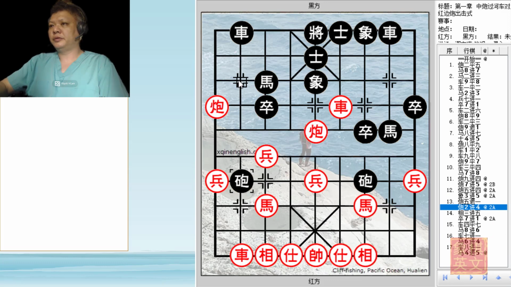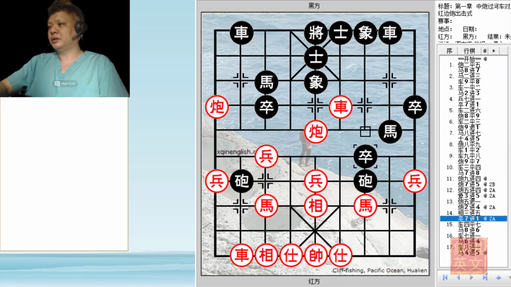In this variation, which is quite interesting, black advances the cannon, threatening to capture the other red cannon with this move. h3 plus 5, p7 plus 1 for defense. Now, black cannot be greedy. If he captured the cannon immediately,